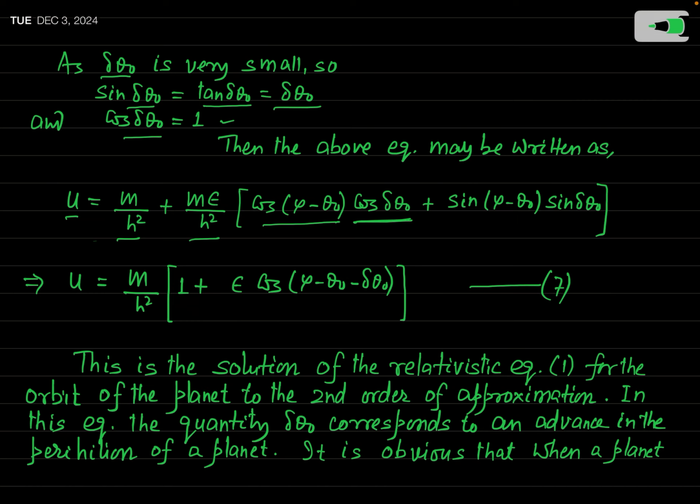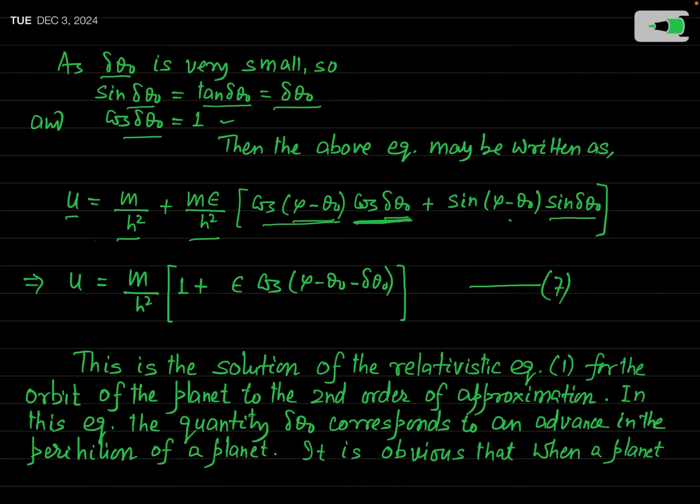So after multiplication by this factor, the result is unaltered. And here in place of delta theta naught, I have written sine delta theta naught. But you know from the formula in trigonometry that cos A times cos B plus sine A times sine B is simply cosine of A minus B. Here A is phi minus theta naught, and B is delta theta naught. So the bracketed term can be written